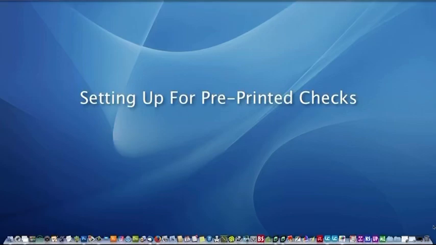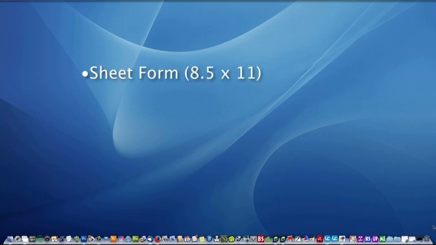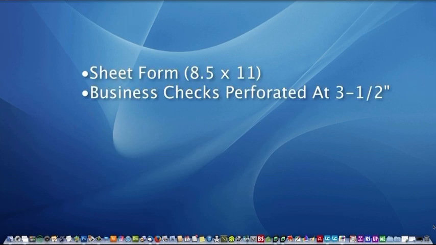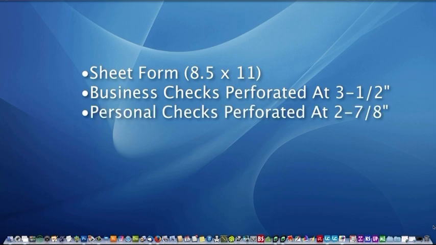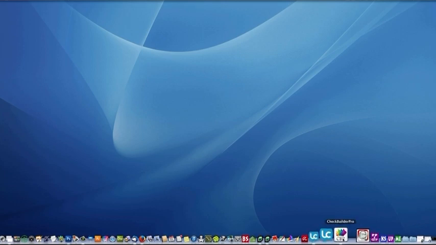Use with pre-printed checks. First of all, in order to use this, your checks need to be in sheet form, 8.5 by 11. Business checks need to be perforated at 3.5 inches, and personal checks need to be perforated at 2 7/8 inches. You can't print on a check like you tear out of your checkbook. It probably wouldn't feed through your printer anyway. So if we're good there, let's go to Check Builder Pro,